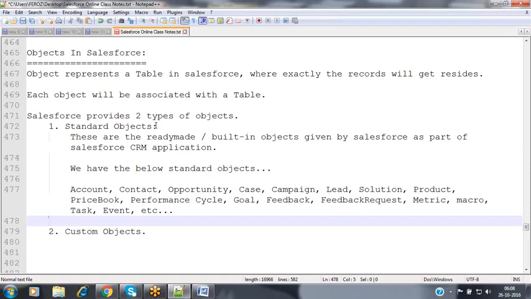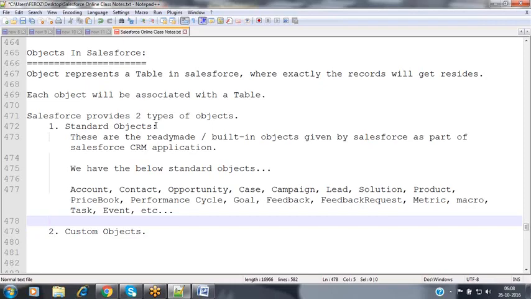Assume that I have developed a custom application called talent management. There, I don't want to use account, contact, opportunity. I don't want to use anything. I want my own. In that talent management, I would like to store different information, like my recruiters' information, my open positions' information, my candidates' information for those who have applied for the position, and some interview status information.